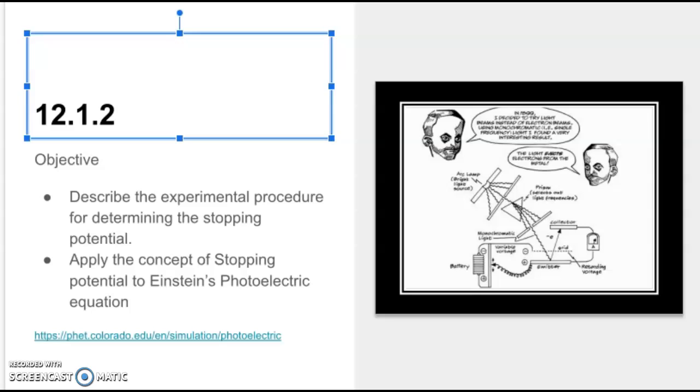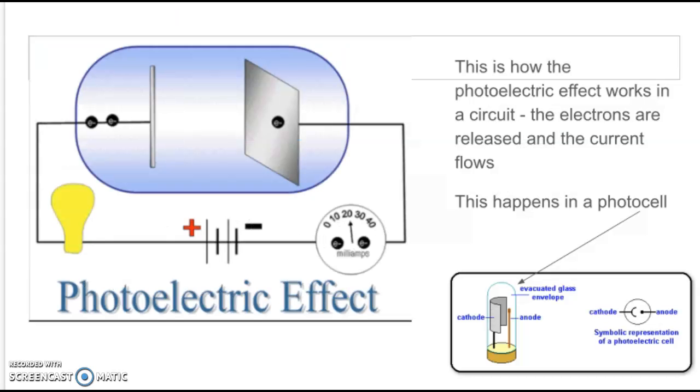In this video, we're going to look at something called the stopping potential and apply it to Einstein's photoelectric equation. Now, the photoelectric effect outlines how photons of light shining on a surface will emit electrons. If those electrons are part of a circuit, then what the photoelectric effect will produce is an electric current. You can see this illustrated here. The light shines on the surface, the electrons are released, and then that forms a current, which is read here